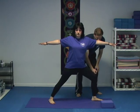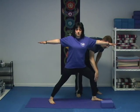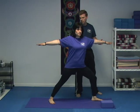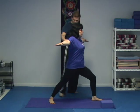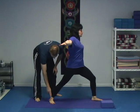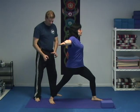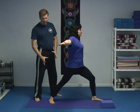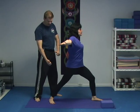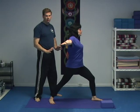What are we looking at? We're looking at a line straight down the knee, through to the ankle. Okay, and now come around, bring your arms all the way around. This is good. Now, Marie's feet, her arches, she doesn't really have any arches. So the reason her back foot, what we've worked on over the years, we start to realize her back foot actually goes out a little bit more than say mine would,